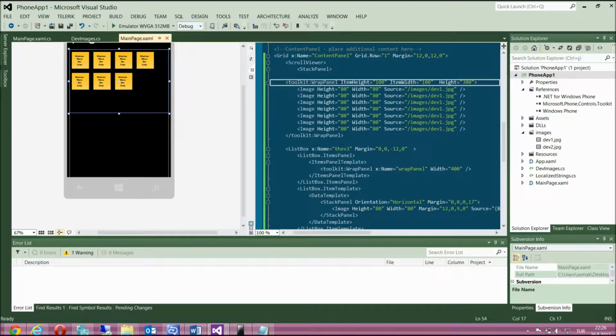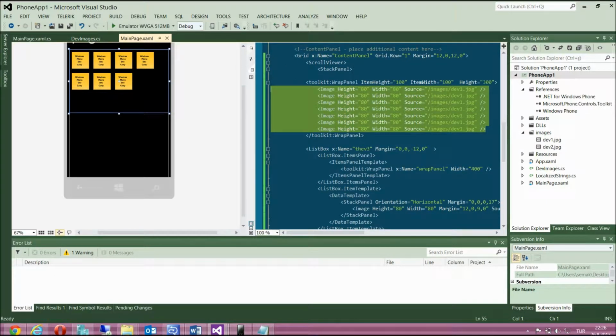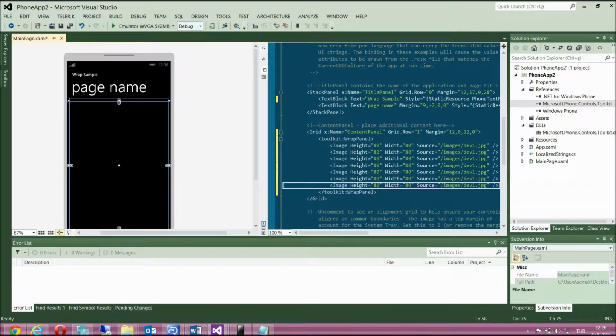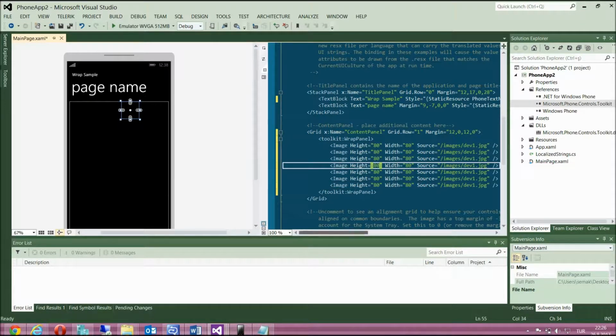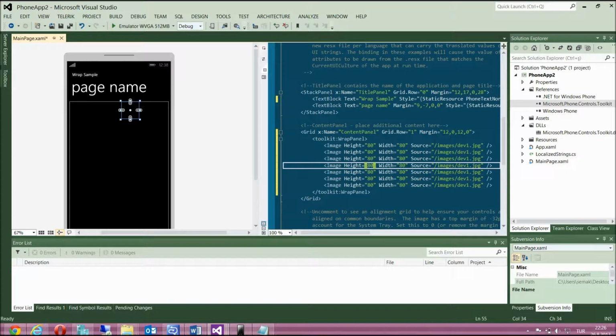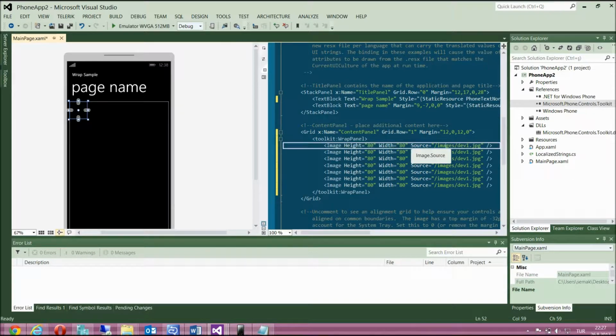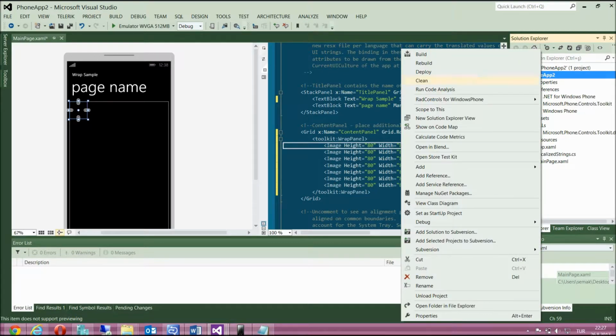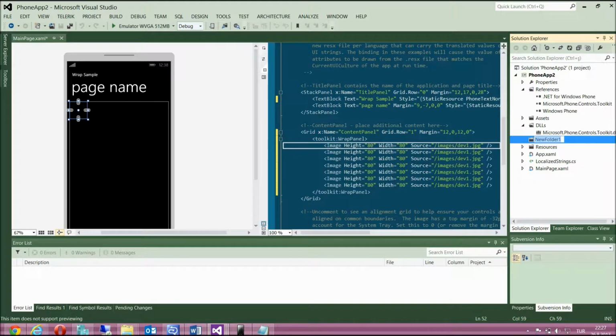You must open the tag of your Wrap Panel and fill in the items of your Wrap Panel. I can simply add an image into my Wrap Panel like this. Image height 80, image source image the1.jpg. For my image, I will add a new folder named image,